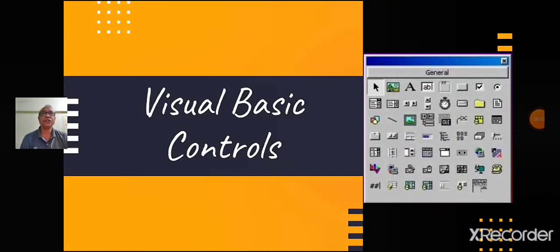Welcome back to the next session on Visual Basic. Children, some of the intrinsic controls much used in every VB application are text box, label, command button, option button, list box, combo box, image box, picture box and checkbox, of which we have learnt about text box, label, command button and option button in our previous class. Today we shall learn some more common controls.